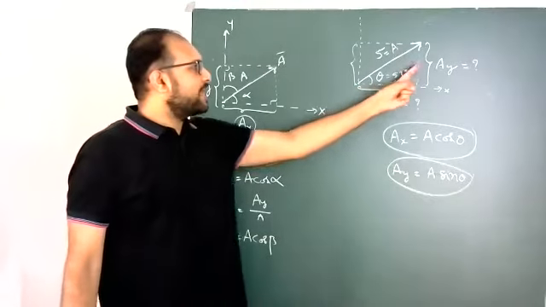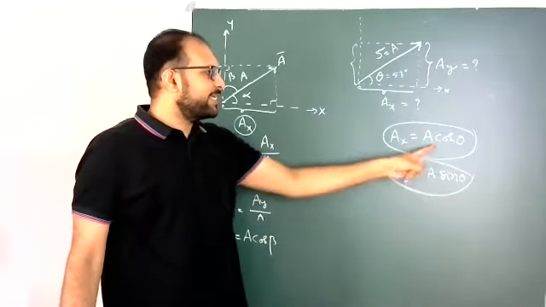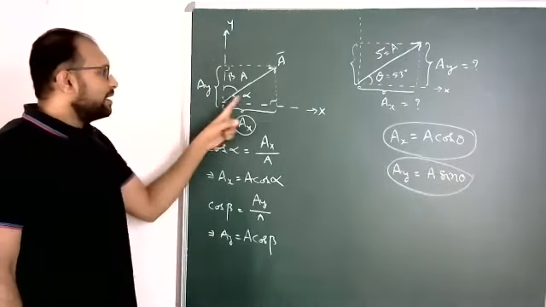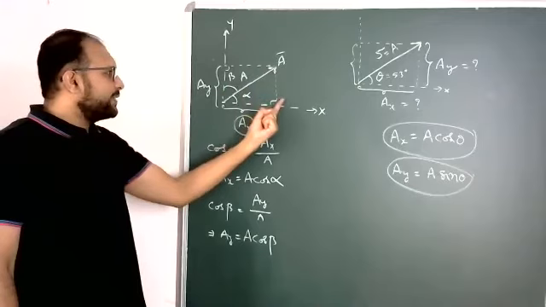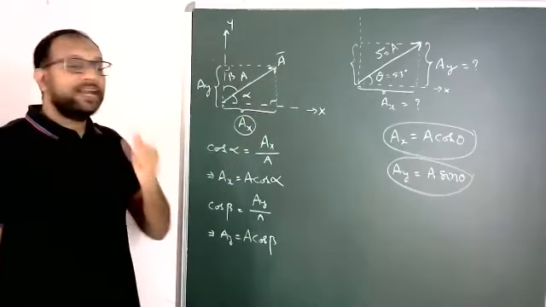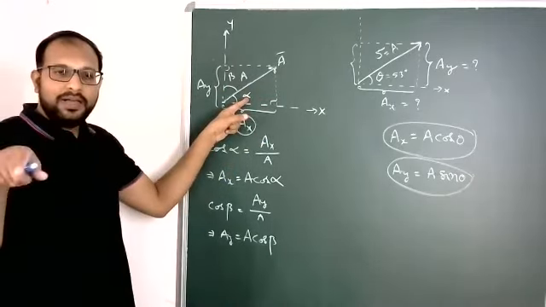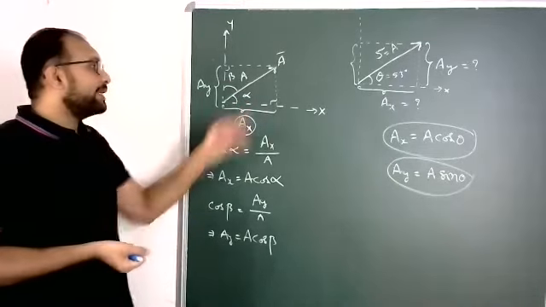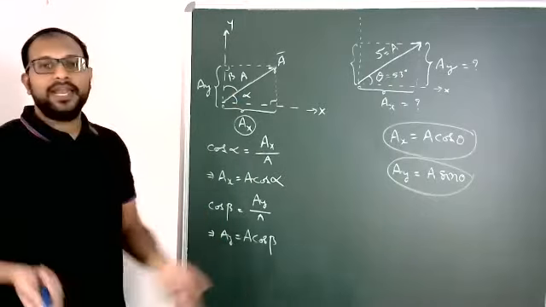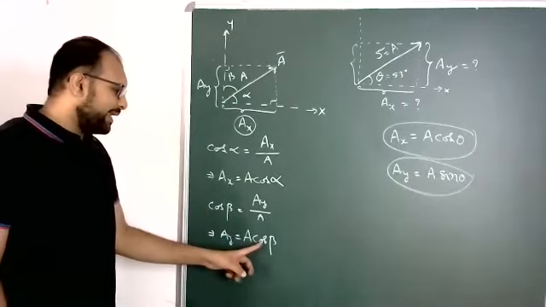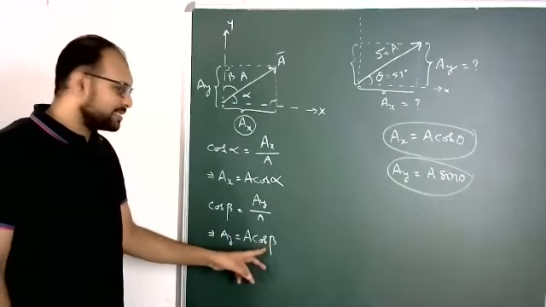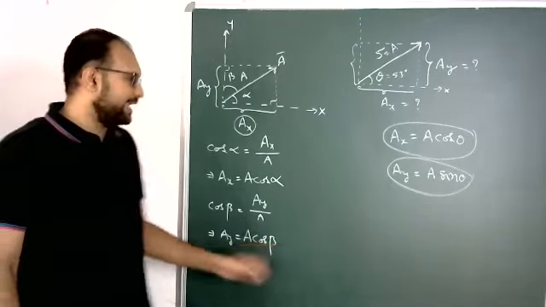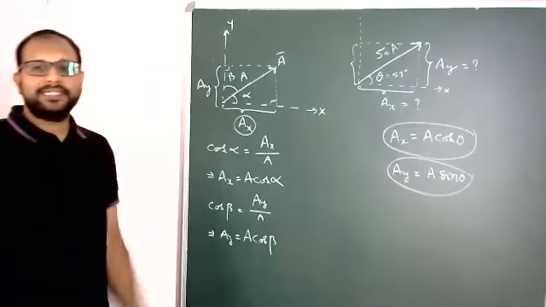Adjacent side cos theta, opposite sin theta. This principle I applied. Now here, for the opposite side, instead of writing alpha, I am writing in terms of beta. But alpha plus beta is again 90. So that's why here, instead of cos beta, it is cos of 90 minus alpha. Again, that is sin alpha, the same thing you will get.